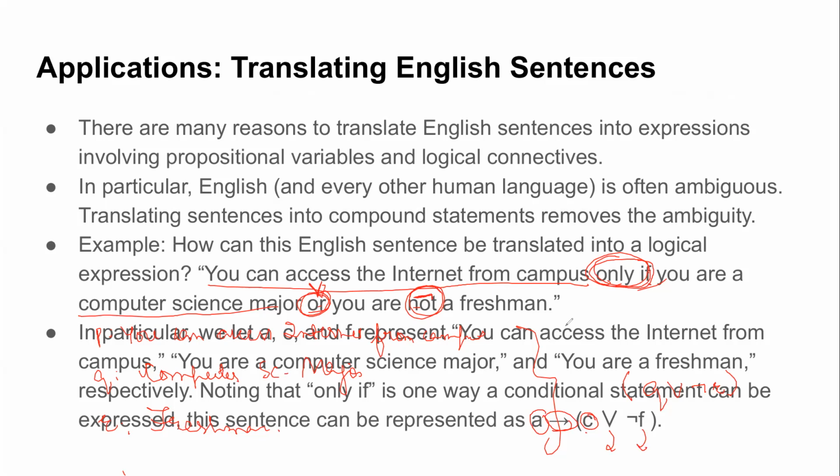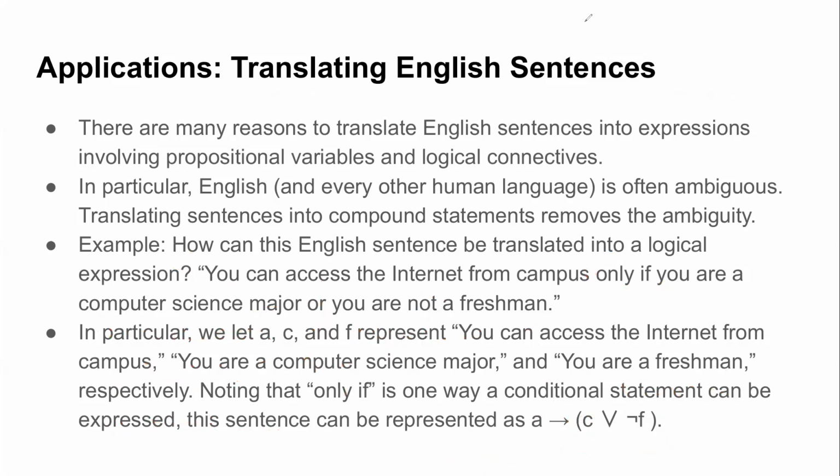I was just showing you this is one of the very popular applications of logic, of translating English sentences to logic. Okay, how does it help? Now if you want to apply any complex propositional operation to it, you apply a universal quantifier, you apply an existential quantifier, now you can easily work upon this statement. But if you had to apply a universal or existential quantifier to an English statement, it would have been difficult. So that is the first catch: where is logic used? It's used to make ambiguous English sentences more precise, so that you can apply various operations to it.